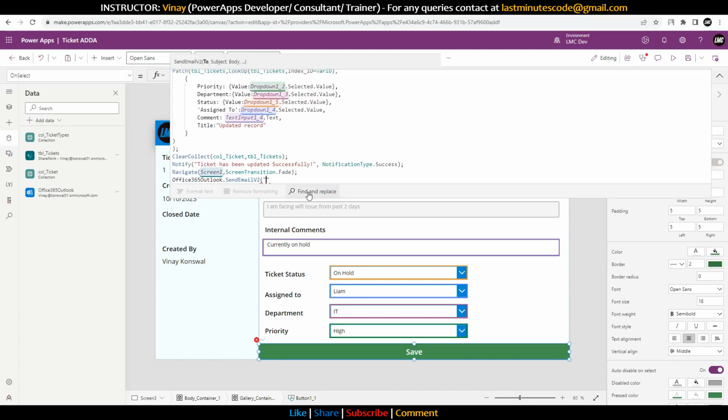You can make this dynamic if you have a manager. Let's say your manager is Vinay. So I'll use my last minute's code@gmail.com mail. I need to send the mail to this person. Okay, and the subject I'll say